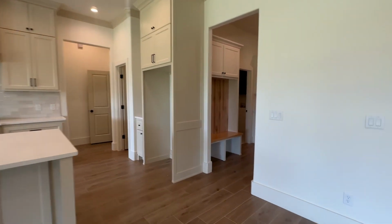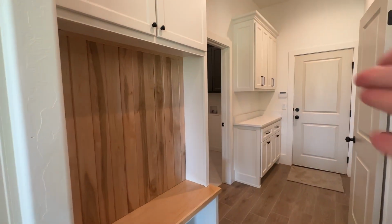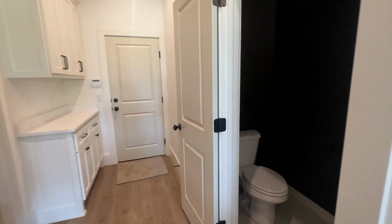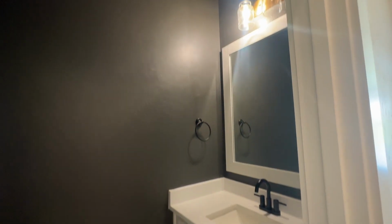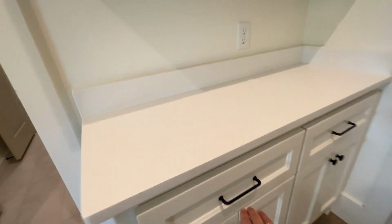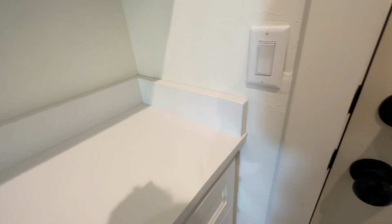Now from here, we're going to come back in here and look at the drop zone. So when you come in from the garage, you have this area to set your backpack, set shoes, put your shoes on. But then you also have this really cute inlet of a half bath. It's got that dark and moody look to it, which I think is a nice contrast to the rest of the house. Then you've also got these cabinets for extra storage, your good junk drawers,